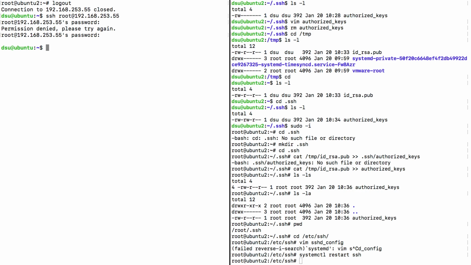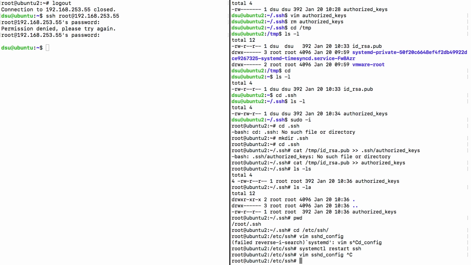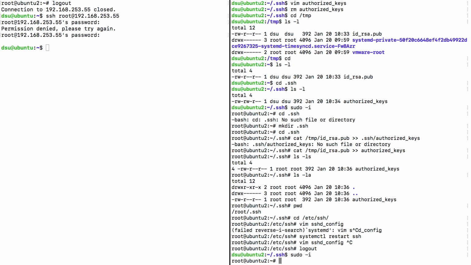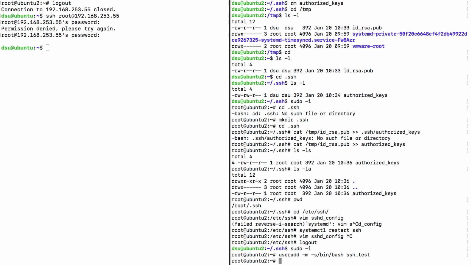So another interesting thing that's worth looking at is the users and groups behind all of this. So what users are actually allowed to SSH in? We have a couple directives that we can use to control that. Let's actually make a new user really quick to demonstrate this. We'll say user, you'd still be root, that was a mistake. So, useradd, make their home directory, shell /bin/bash, we'll say ssh-test, set their password,